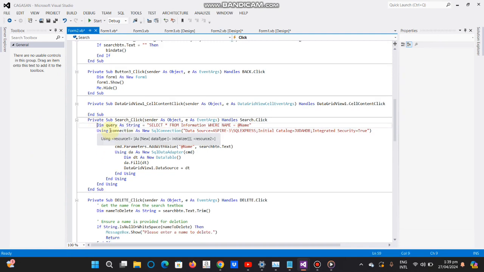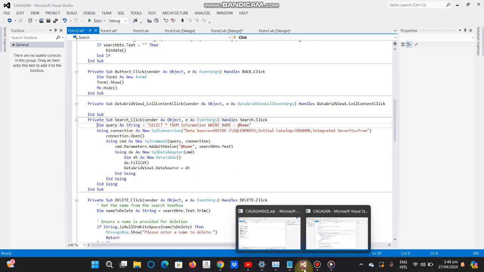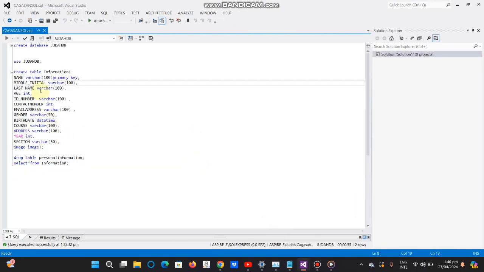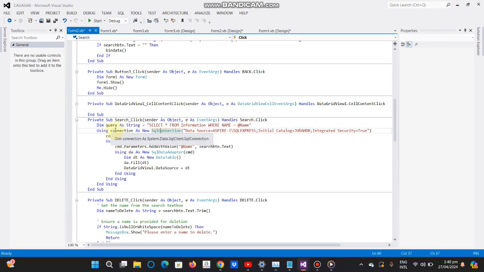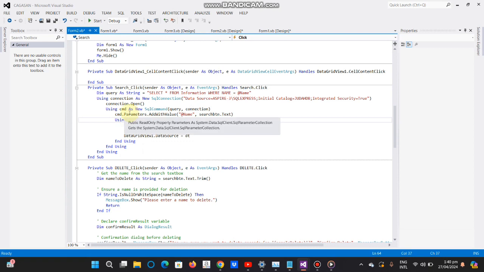I have initialized the query where select that from information. This is the table that I have made in this database, and the connection using the connection in the server, then using command.